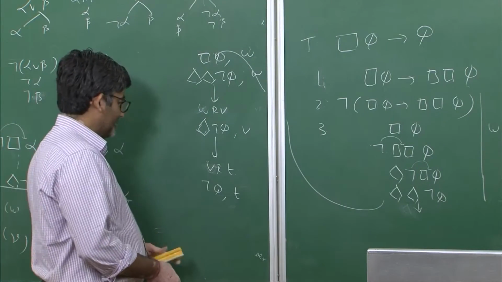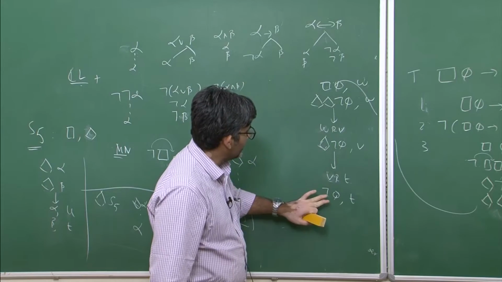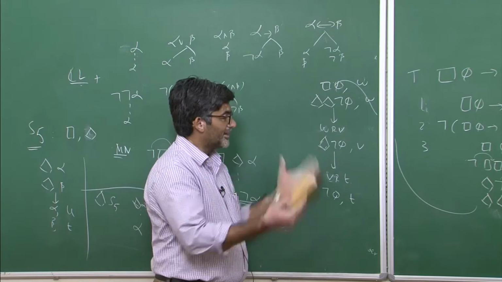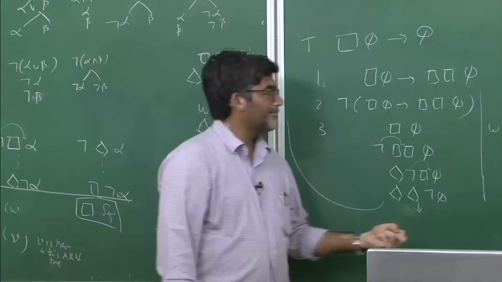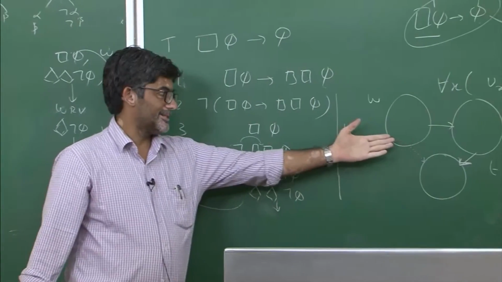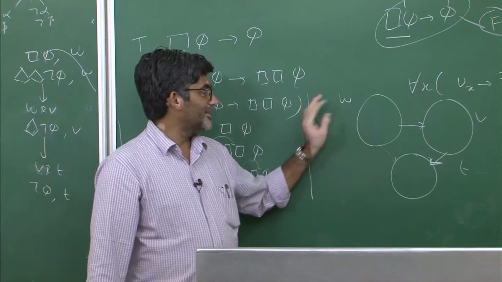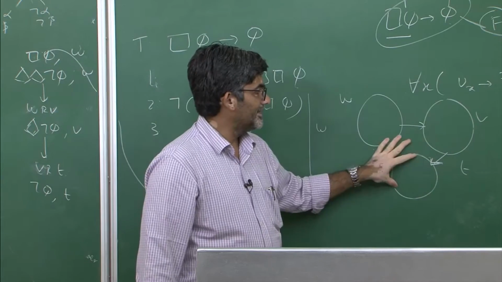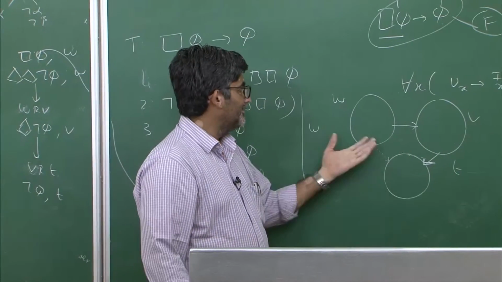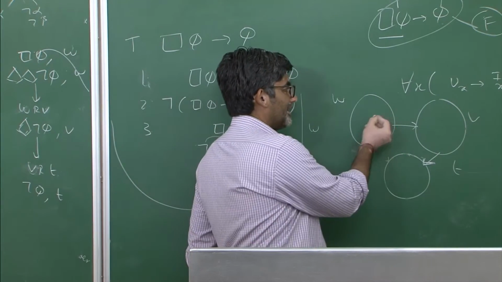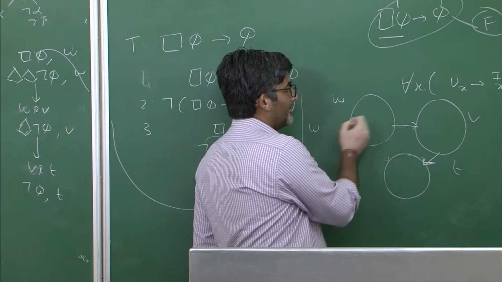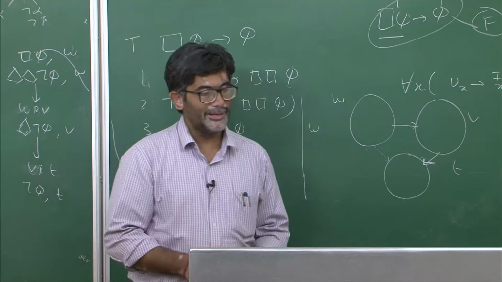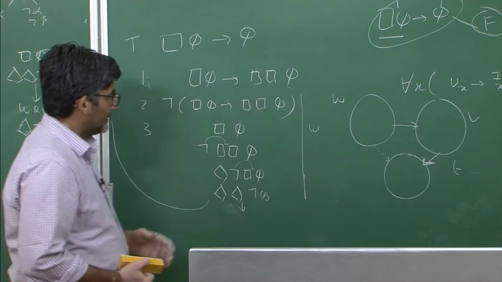So why? Because there is no way in which you can close these branches, and from the open branch you can study the counter example, and this counter example can be represented in terms of Kripke structures like this. A Kripke structure should have possible worlds first of all, and then you need to know how these worlds are related to each other. That is what we have, and then we need to know where your atomic formulas are true, in which world a given atomic sentence that exists in a model logical formula is considered to be true.